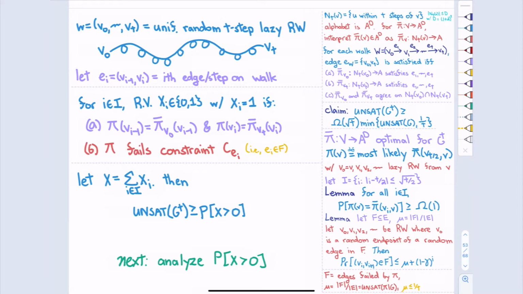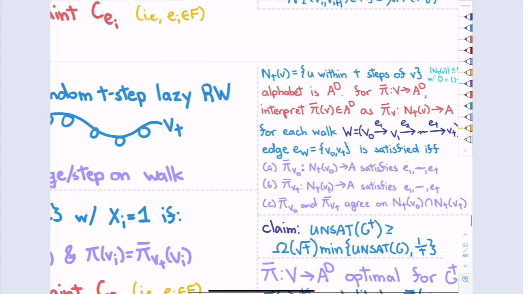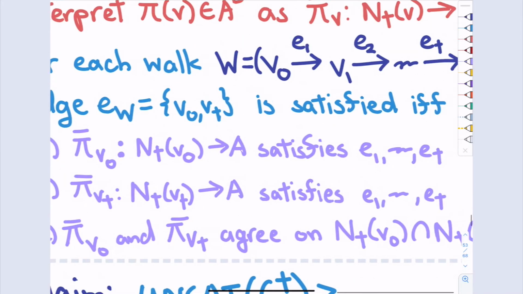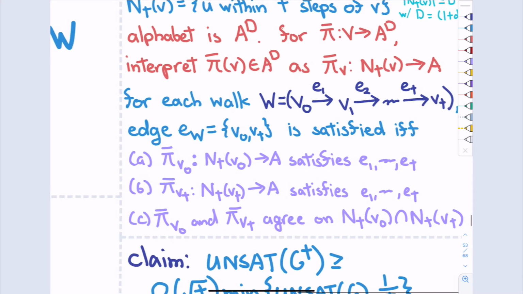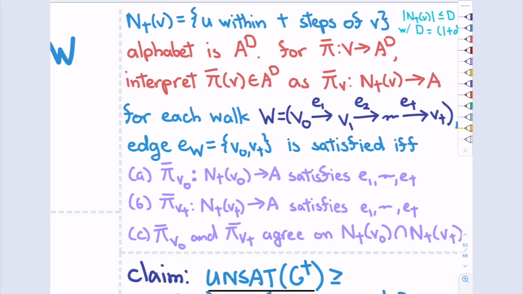So maybe we should also zoom into the construction of the powered graph, right? So pi bar is for each vertex giving a labeling to the entire neighborhood of that vertex.